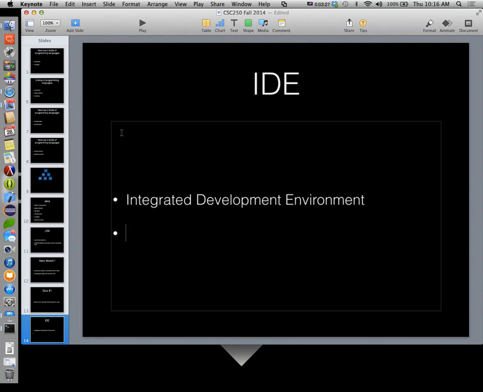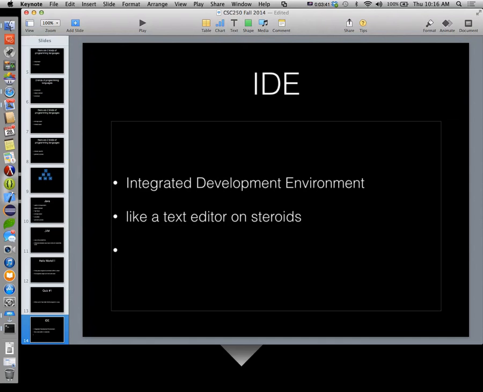I'll still get sick. Okay, so integrated development environment. Like a text editor on steroids. So what do these things do for you? Let's see. Color code our source code.